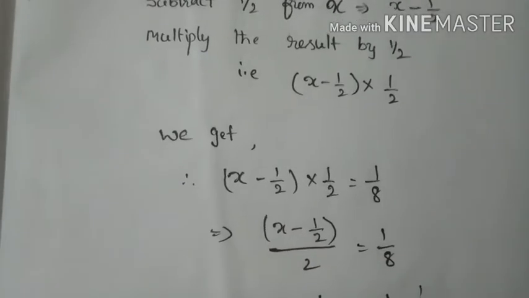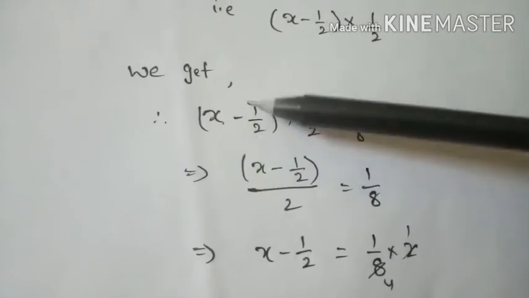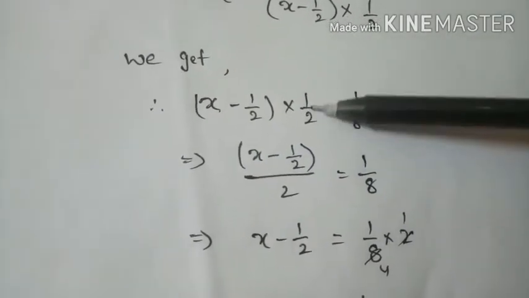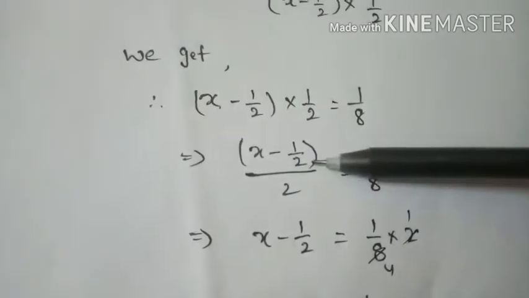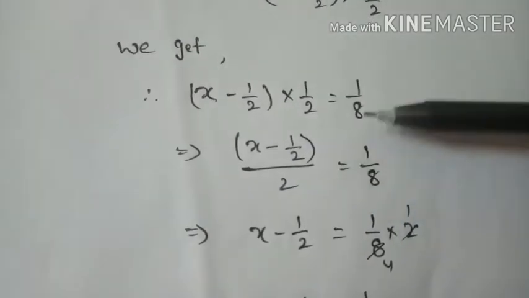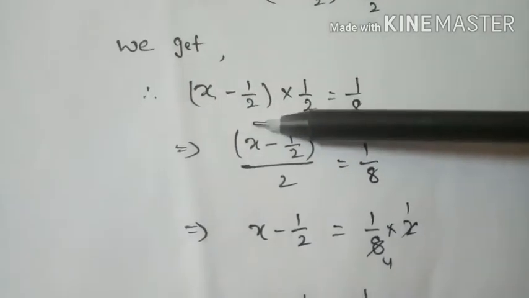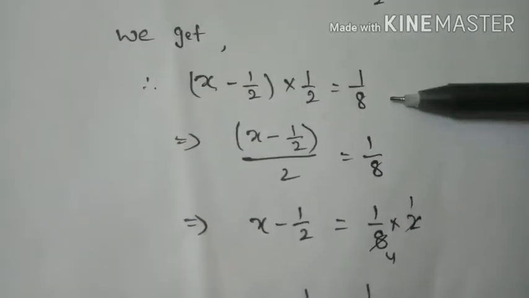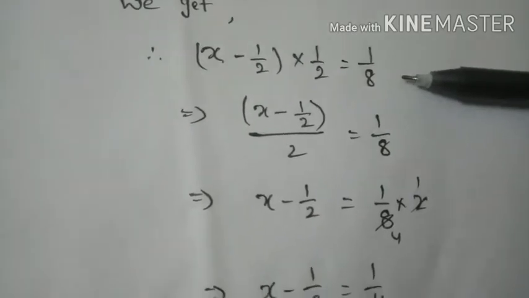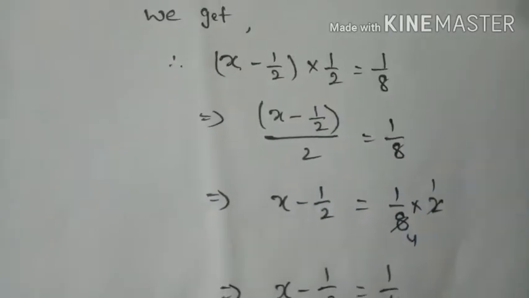Now tell me, how do you find the unknown value x? So, x minus 1 by 2 into 1 by 2. That means multiply what you have, x minus 1 by 2 into 1, that becomes x minus 1 by 2 whole divided by 2. That is equal to 1 by 8. Otherwise directly 1 by 2 is multiplied with x minus 1 by 2, then you should transpose this 2 from LHS to RHS. Then it becomes division. Yes or no? On that way also you will do, no problem. Clear? Okay.